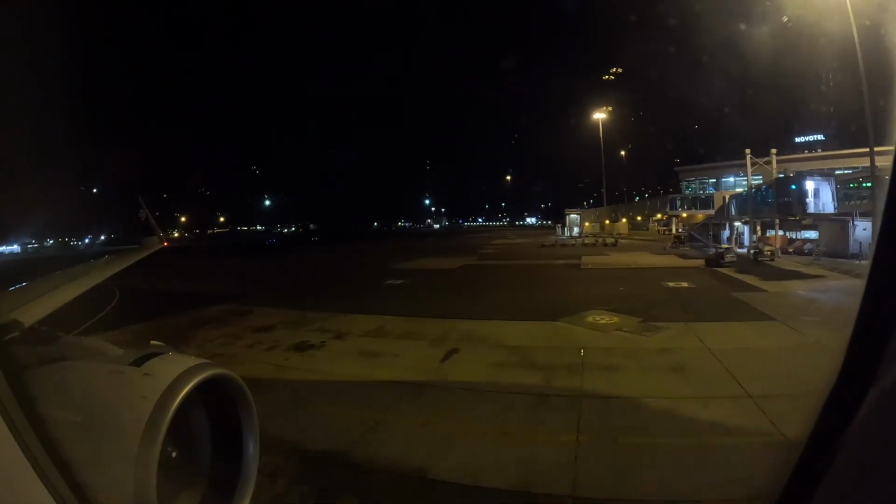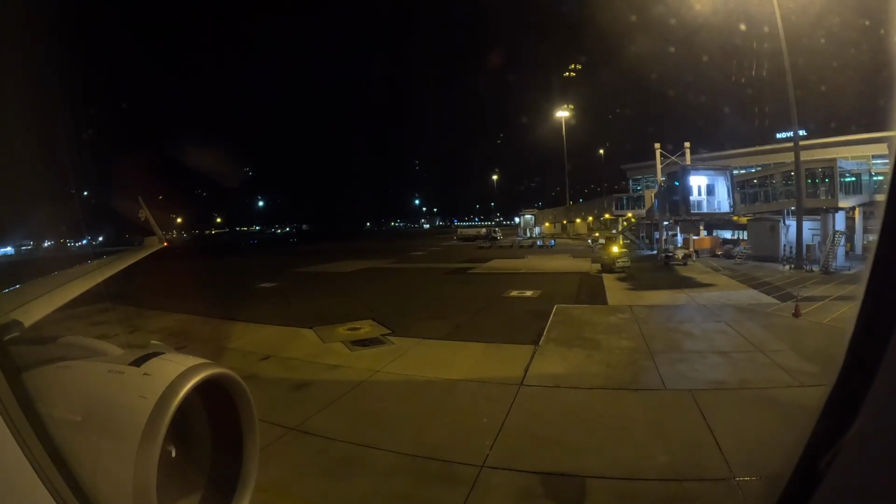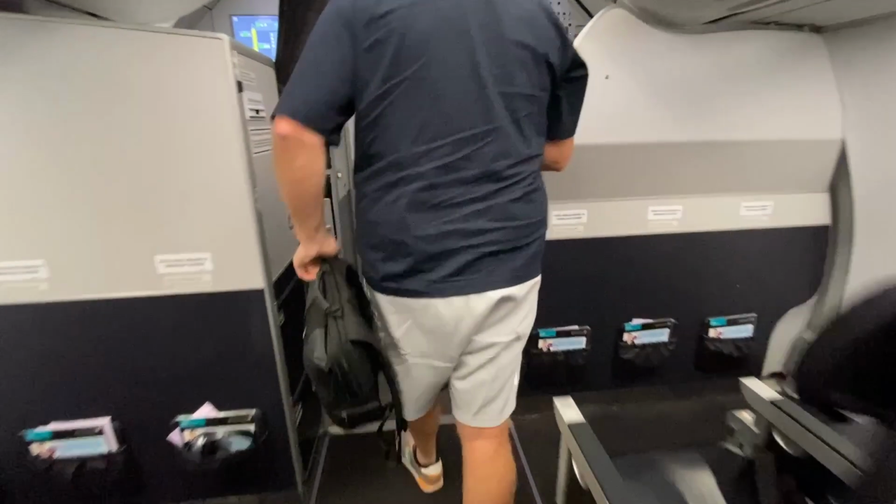After landing, we taxied back to the international terminal via Alpha 5, Alpha 15 to Gate 30. We pulled into Gate 30 a staggering 20 minutes ahead of our scheduled arrival time. With one final thank you to the amazing Air New Zealand crew, I disembarked the aircraft and made my way